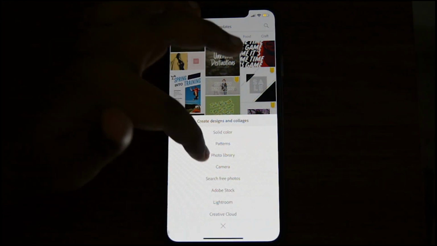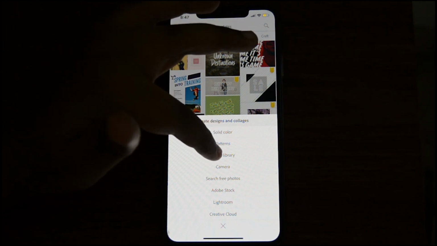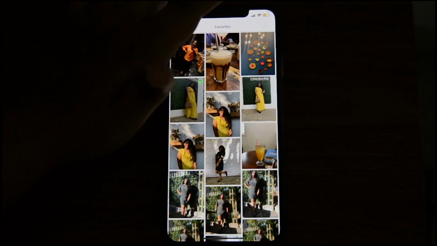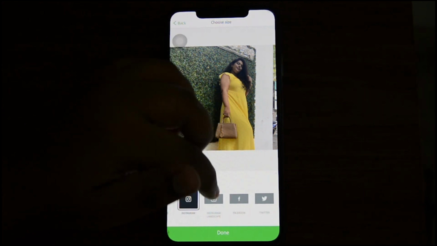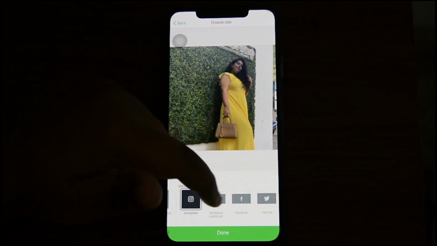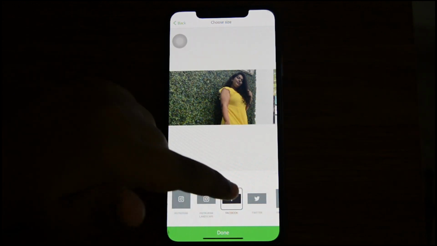I don't even know what to say because I love this app so much, but I go into photo library first. Let's do this one. Yeah. The best part about this app is that you can resize different things. So you can have the original image, but also you can have Instagram landscape, Facebook, Twitter,